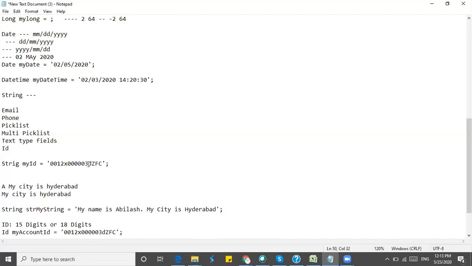You can save this in string data type and also in ID data type.